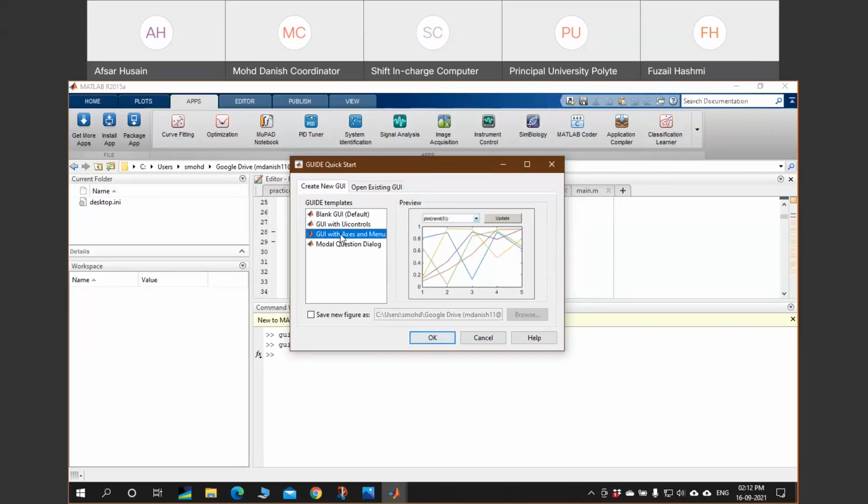Another template is GUI with Axes and Menu. This template includes a pop-up menu, a menu, a button, and axes for a plot.